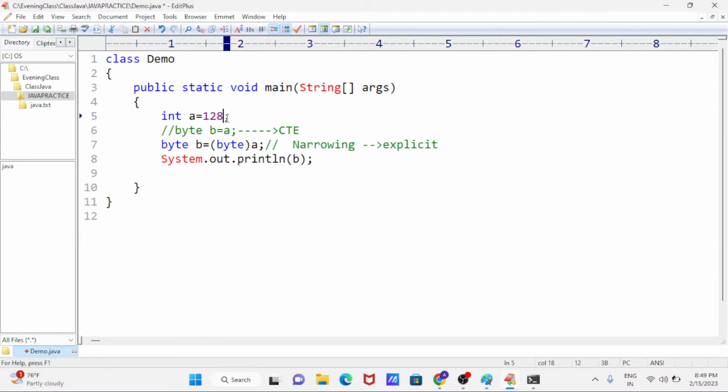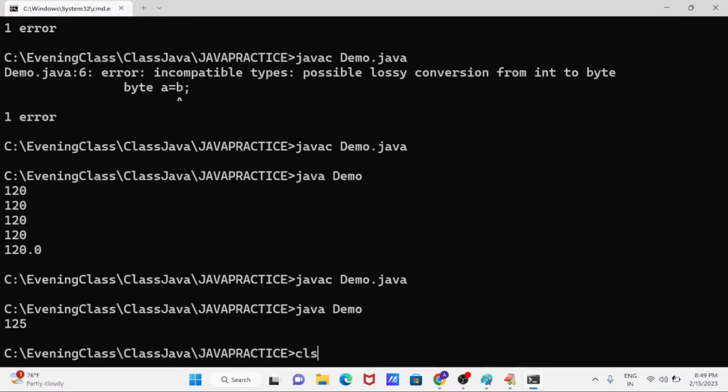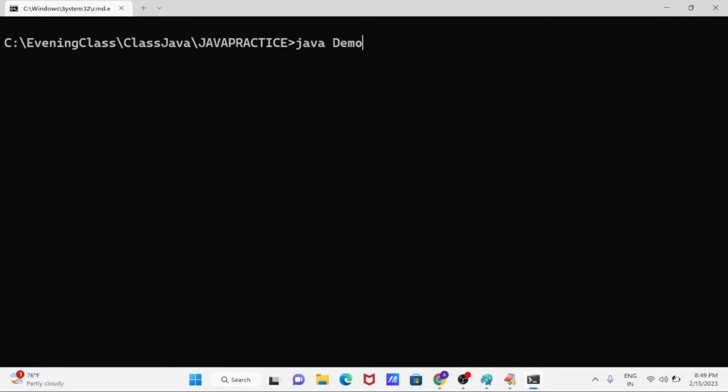Minus 128. Now if you try to store 128 inside byte data type, can it store 128 directly or will it store something else? What will you get now? Very good. Now go and execute this code. First clear the screen, now execute.